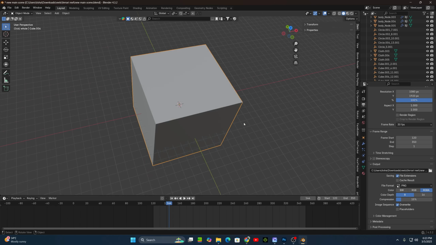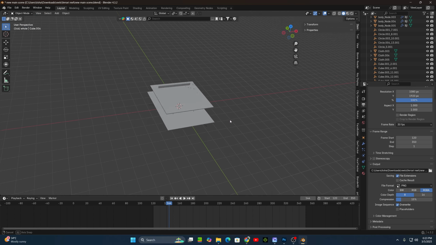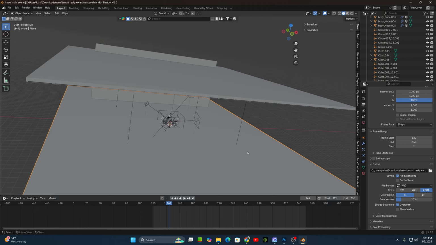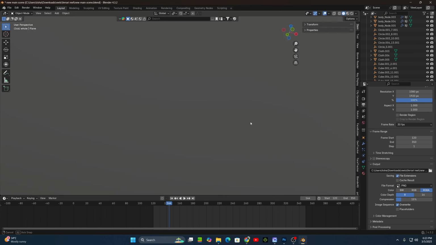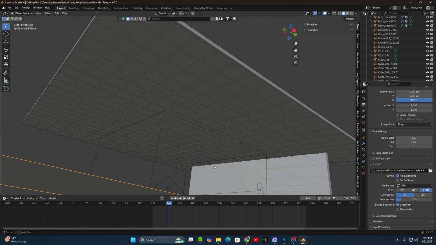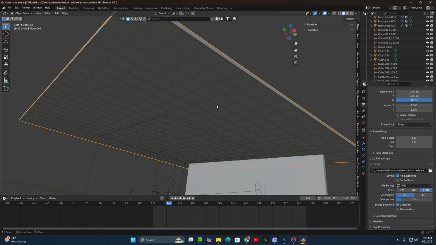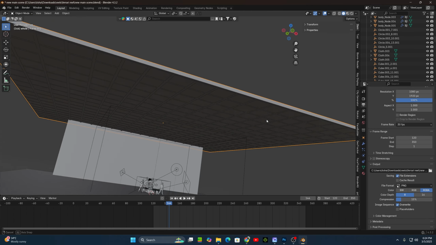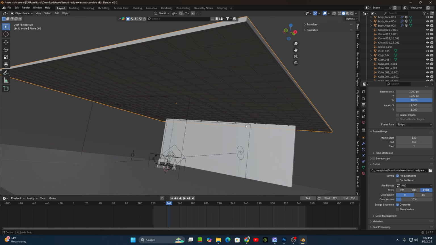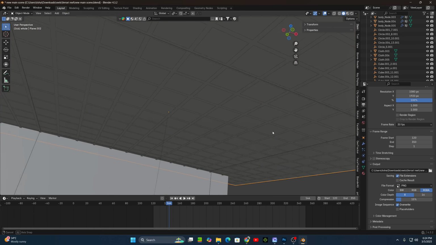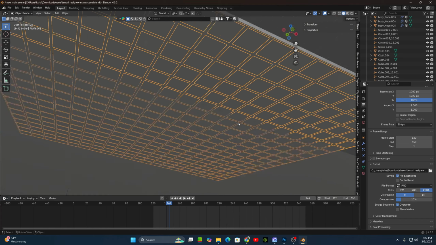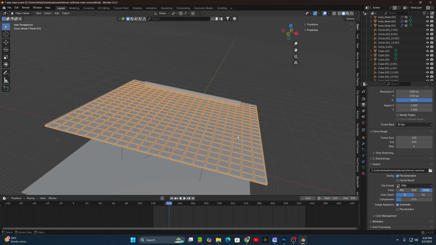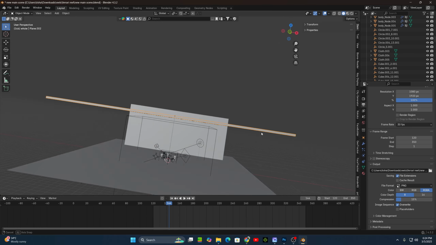And then if you hide this, I used one floor and one, what do we say, this, yeah, kind of wall. And then I used one, and second one is this. Okay,